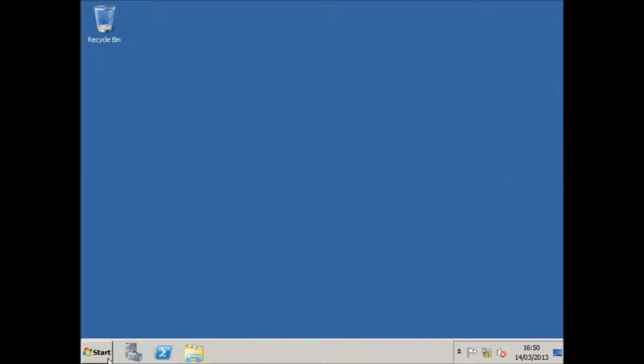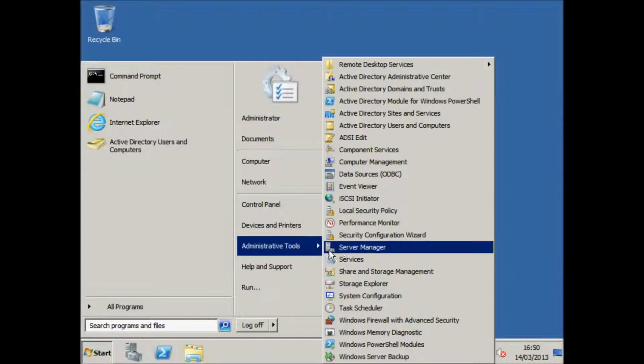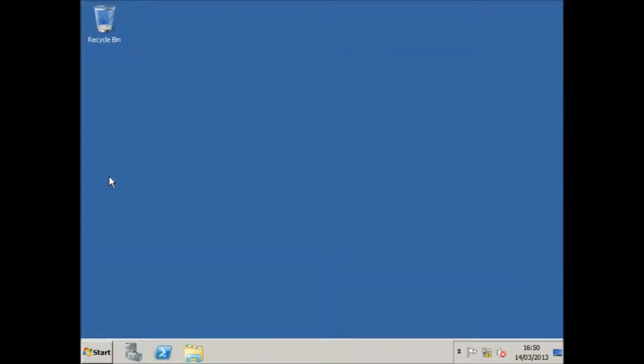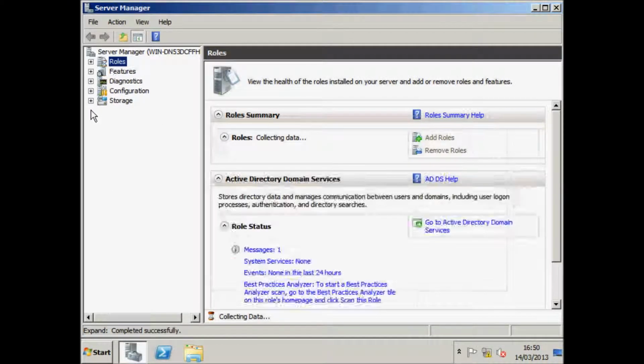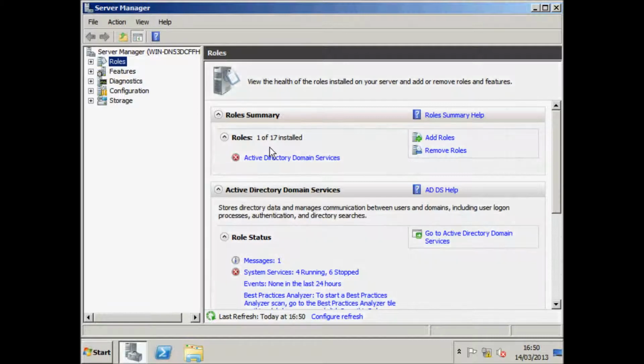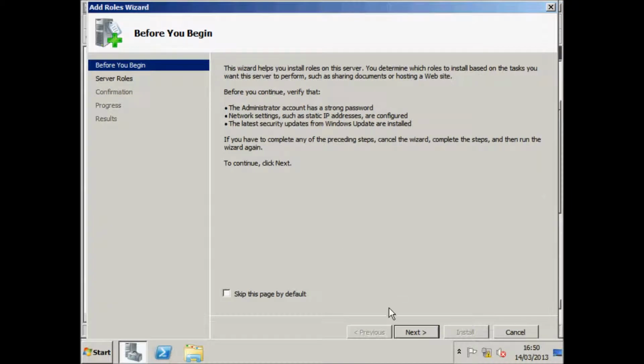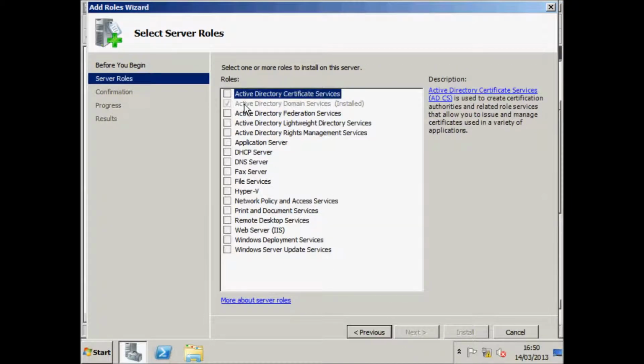So all I did was I opened up Start, I went to Administrative Tools and Server Manager. And I just did a straightforward setup of a new role. I actually just went to add role. I clicked next and I selected Active Directory Domain Services, or ADDS. And what that's actually going to do is, when you set up a new server, it's going to prompt that it needs to install .NET Framework 3.5.1, I believe. So you just select that